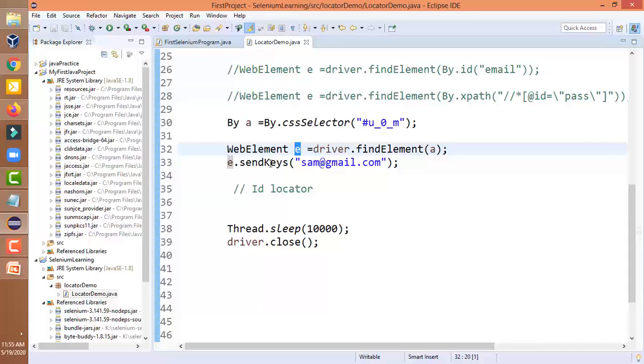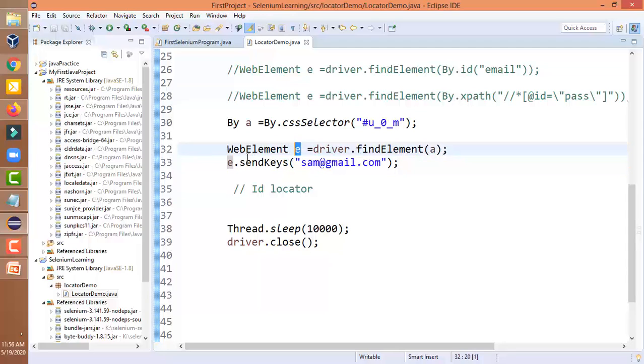Now e dot sendKeys. So we can use many functions on e. If it is returning a web element that is a button, then we can click on that button. So we have to think whether that element is a checkbox, a radio button or a clickable element, then accordingly we have to perform that action.